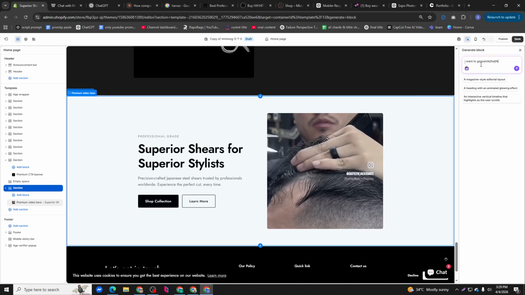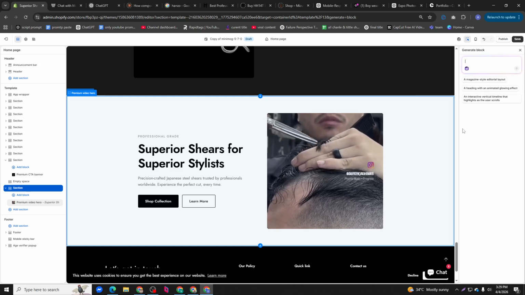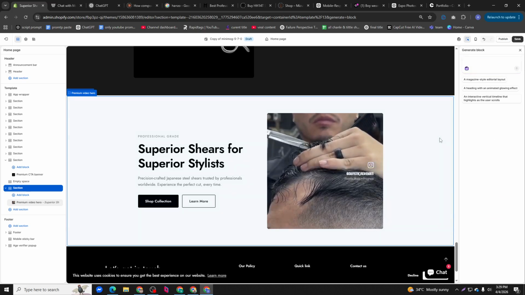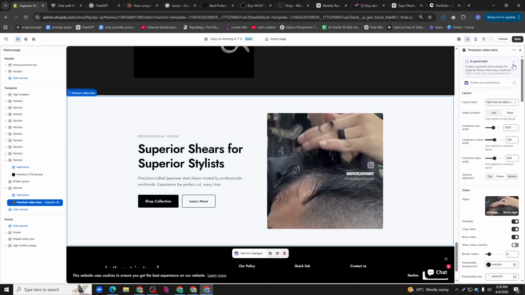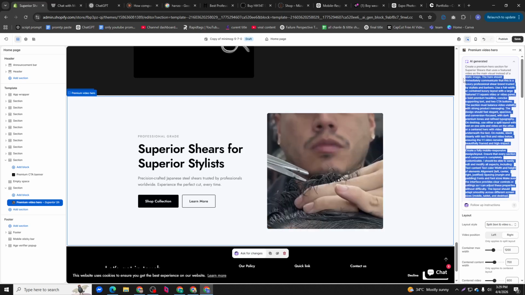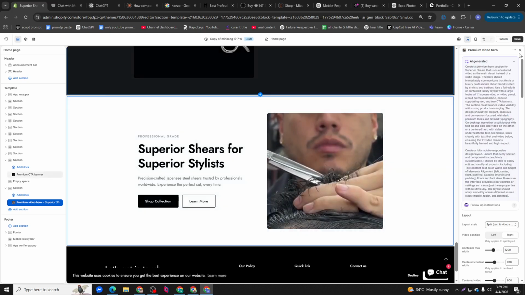generate blah blah blah image with text. Okay, so once you generate, you should click enter. Okay, once everything is perfect, let me tell you what prompt I have given. If I come to the AI generated prompt, so look, this is my prompt. I have given a little bit bigger prompt. It's a little bit explained, so you can take a screenshot, then you can actually do it by yourself.